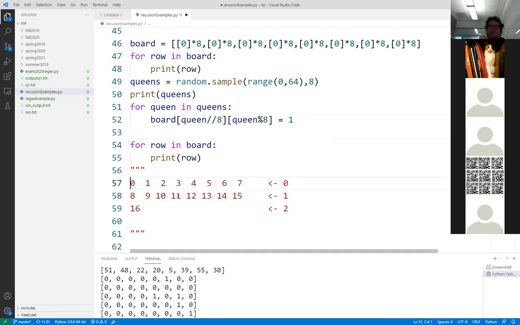Now, what about the Y position? Well, that's the modular portion of this, queen mod 8. So the remainder after I divide by 8 would be 1, 2, 3, 4, 5, 6, 7. And over here, again, the remainder is queen. If I'm on the first column, I'm going to be 0, 8, 16, 24, and so on. I'm going to be a multiple of 8. If I'm in the second column, I'm going to be a multiple of 8 plus 1. If I'm in the third column, I'm going to be a multiple of 8 plus 2. So that's how I figured it out, and that's why we mod there